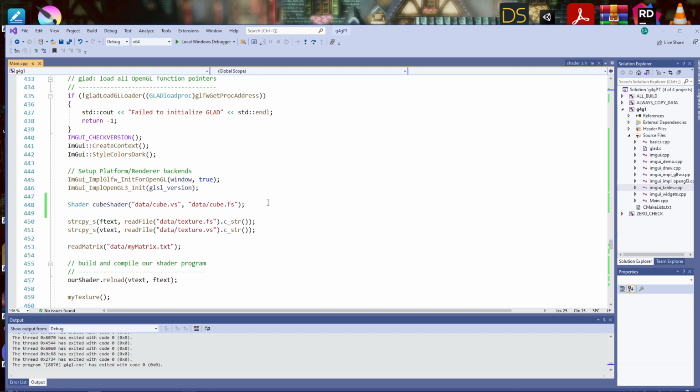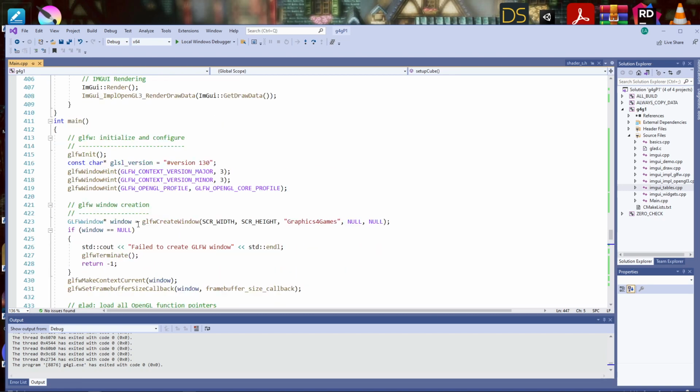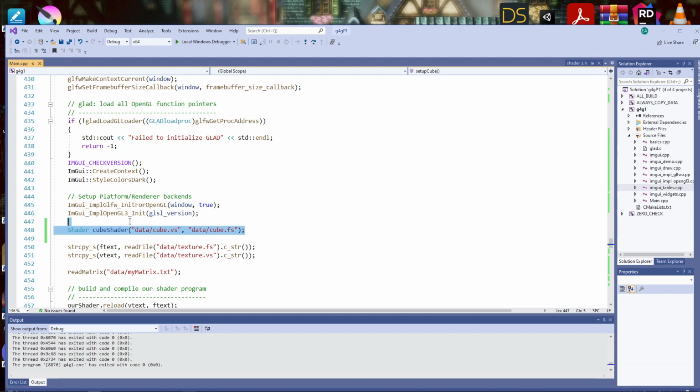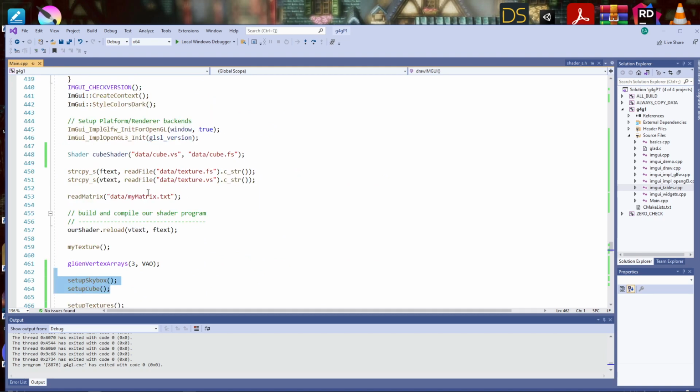Oh, no, it's right here. So inside of the main program here, before the initialization of the skybox and the cube, is where I set up my shaders. The shader we're normally using with IMGUI is right here, and we read it in and allow for it to be edited, which is why that piece is there. Our shader is declared earlier on as a global that we can refer to. But this is all that's involved in actually creating that cube shader.